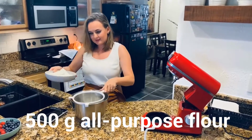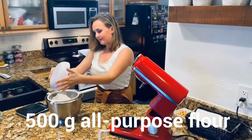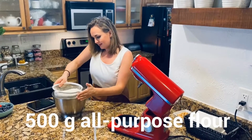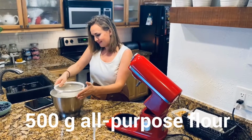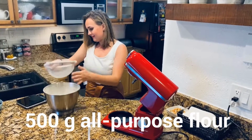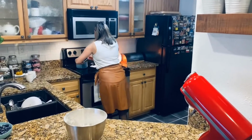Okay, so now I have to sift 500 grams of all-purpose flour, and again, it's organic all-purpose flour. And I must say, I love this process. It's very relaxing, a little bit messy if you don't pay attention, but I like it. It's part of the fun. So now the flour is done,